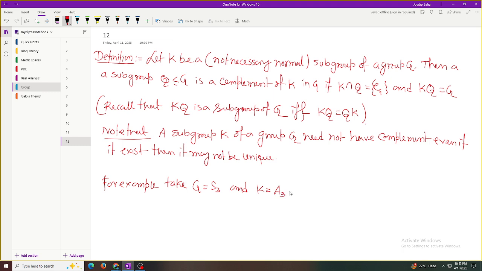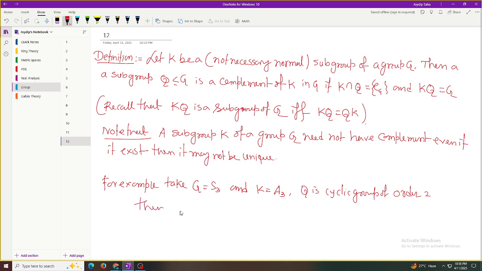Take K equals A3. If Q is any cyclic subgroup of order 2, that is generated by (1 2) or (2 3) or (1 3), then